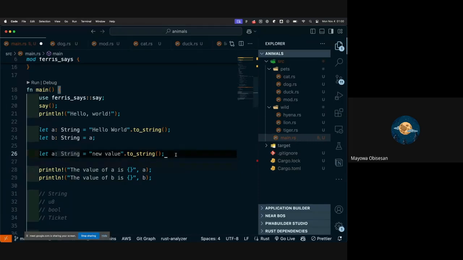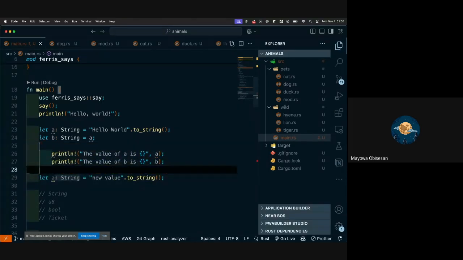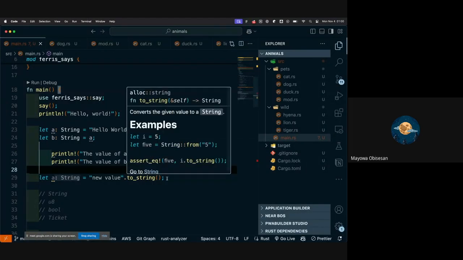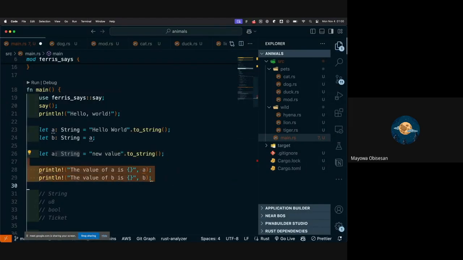Why? Because this is entirely a new variable. It has nothing to do with this one. Do you get? But if you move this down here, it will still throw the error. Why? Because this A exists before this one. Do you get now? So the ownership principle is just that when you have already moved certain data types that do not implement